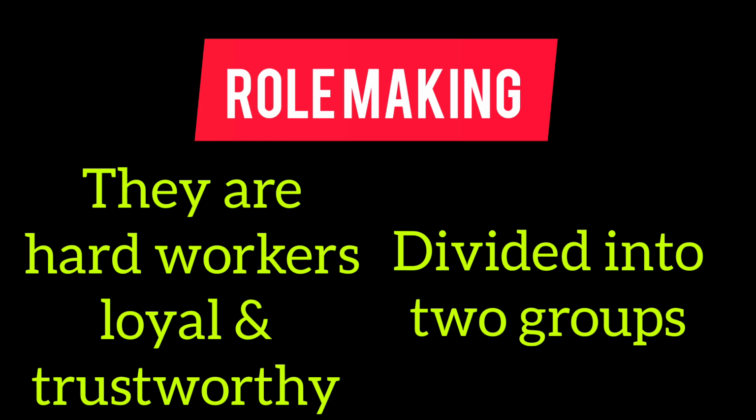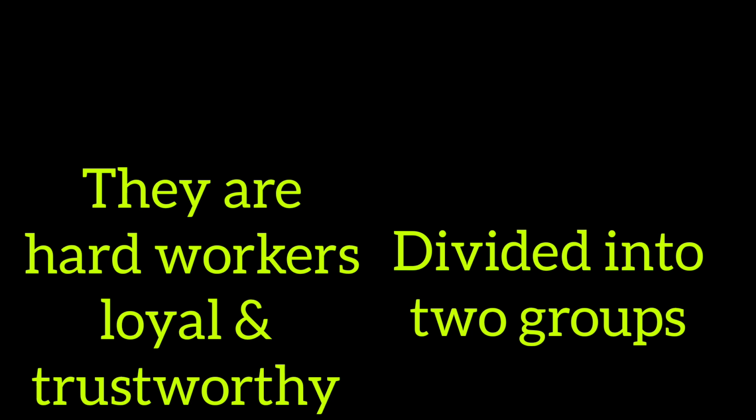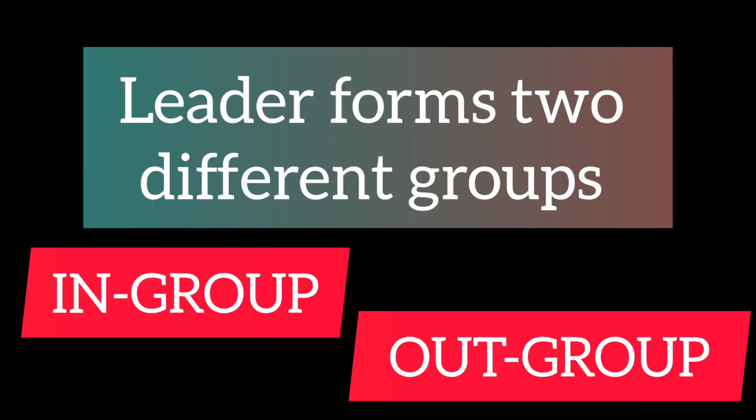A member who is similar to the leader is more likely to succeed. A betrayal by the member at this stage may result in him being relegated to the out group. So basically, according to the theory, leaders form different types of relationships with various groups of subordinates. The first group we have already told, that is the in group, and the second one, that is the out group. So what do you mean by an in group?